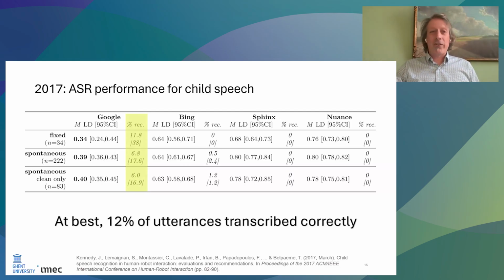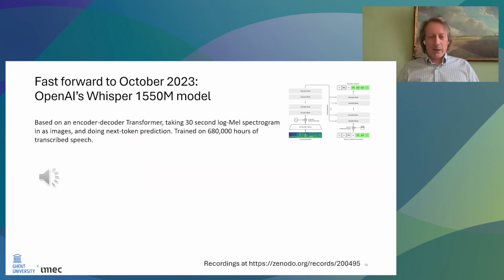Now, things have changed since 2017. Yeah? In 2023, OpenAI released Whisper, a model trained on an insane amount of speech. I find it still fascinating that it works so well, especially that actually speech is converted into an image, and it's this image that is given to a transformer to describe that image, and it describes it in text. And it's absolutely fascinating that this works. And I'm going to play you a recording from 2017, but now transcribed by Whisper. Now, I bet if you would close your eyes that you would understand most of what is being said, but